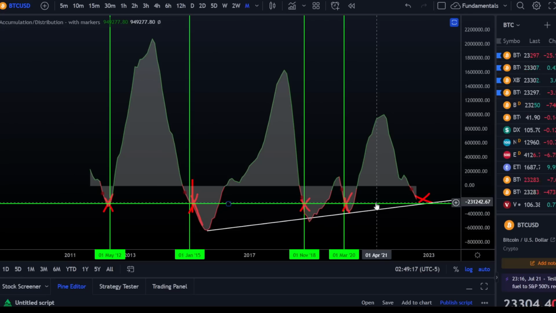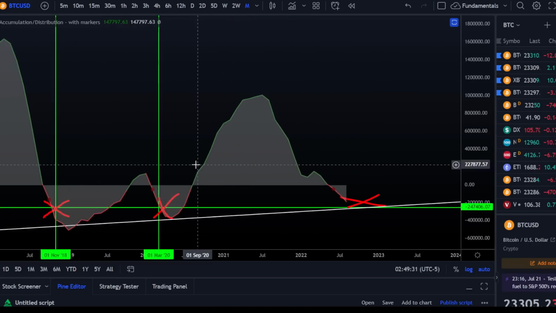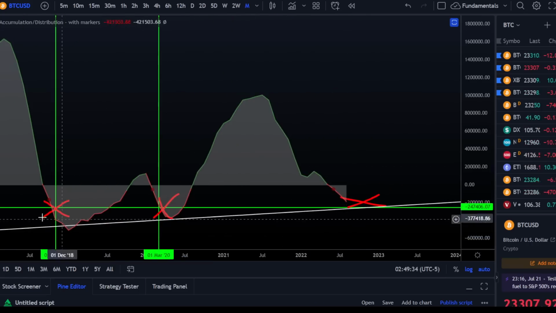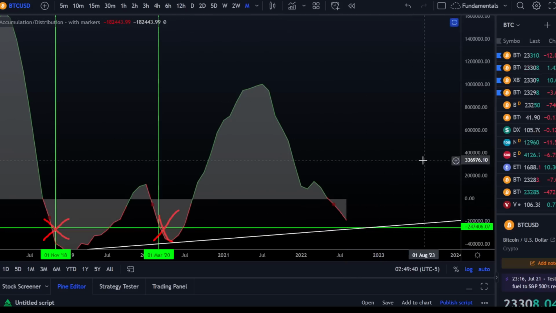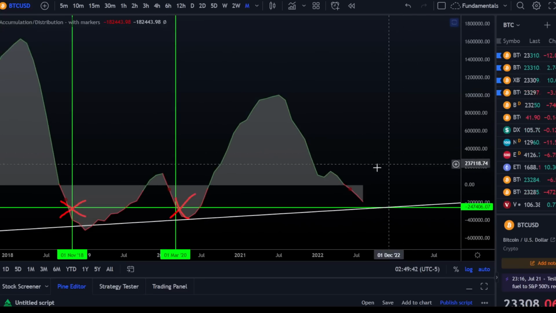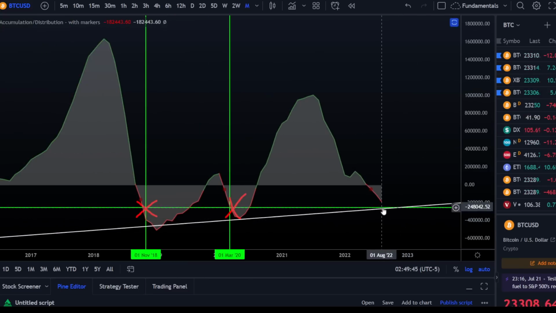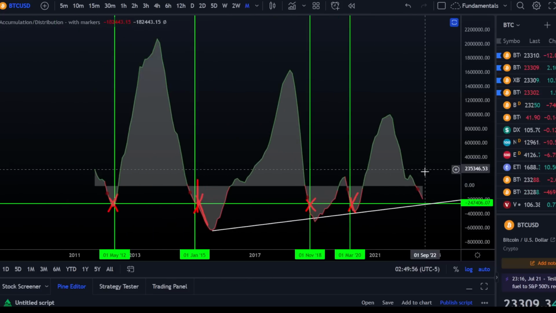Admittedly, there's only 4 prior cycles really to be going off of, so ultimately there's not too much to be tested here, but there are a few interesting things with that. So the perhaps hopium, depending upon your disposition, is that the accumulation distribution indicator has taken another major tick down here. Let me actually get rid of this red X. It's taken another major tick down here. So it would be reasonable to say that this perhaps could get tested as early as September, which is just 1 month away, extremely likely by October. So between September, October, this is looking quite likely.